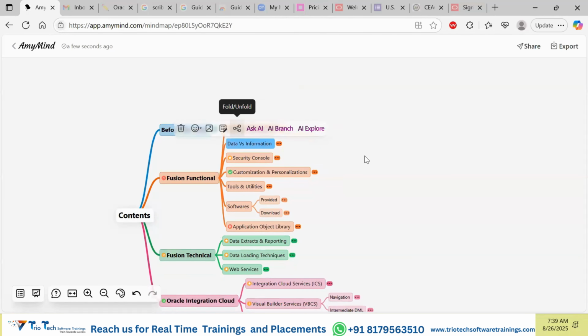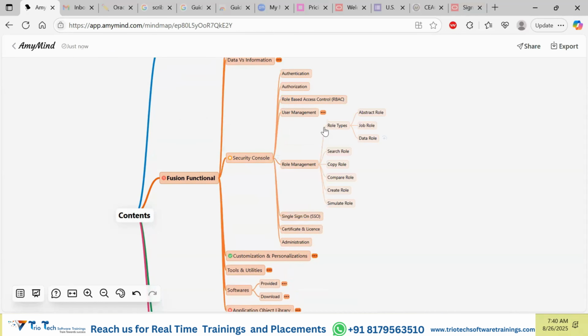Next, guys, once we have the software, once we have this particular URL, as we are going to provide you the URL, username, and password, same way, suppose you are working and there may be two new persons hired into your team. You have to give the username and password to those particular employees also. Although that is not your job, that is administrative work. But as part of this training program, we will be providing you additional knowledge about the security console, how you will be managing a user, what roles are, and how to create a user. We are going to discuss how to authenticate, how to authorize, and what role based